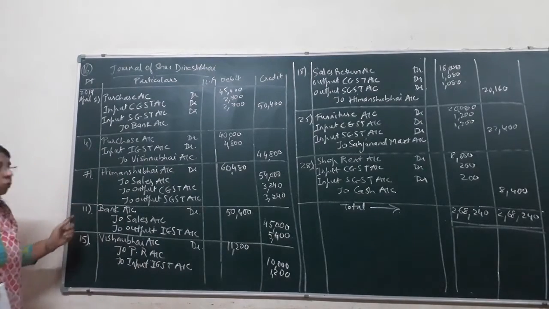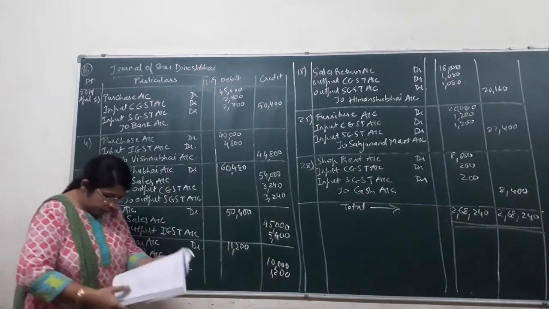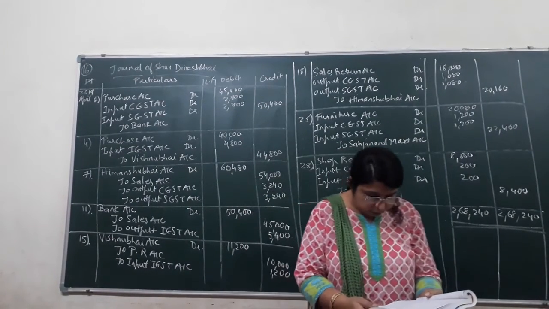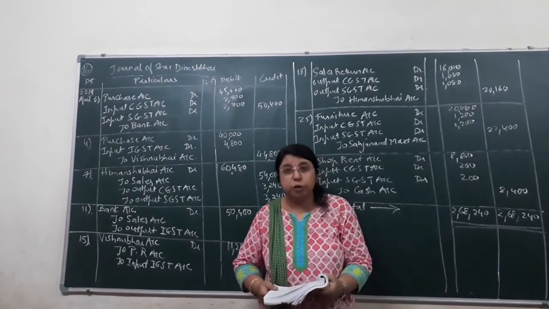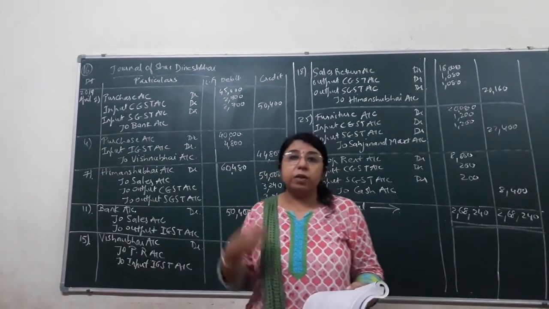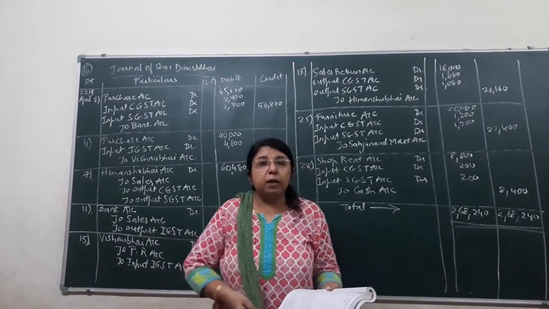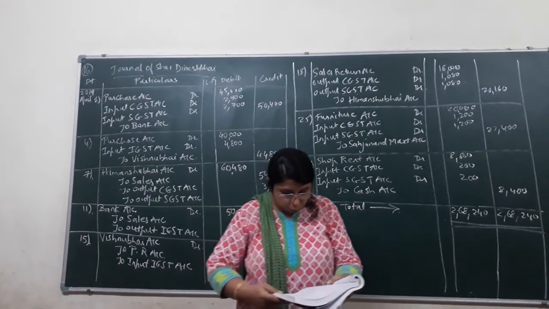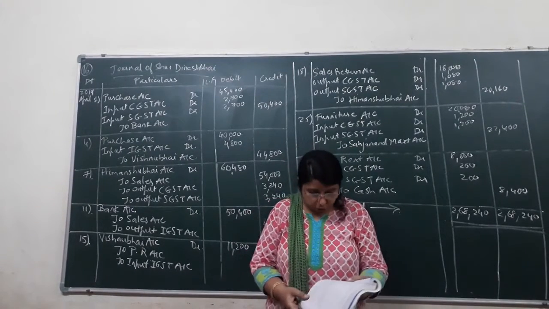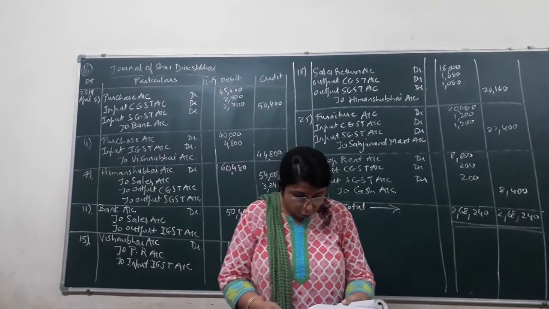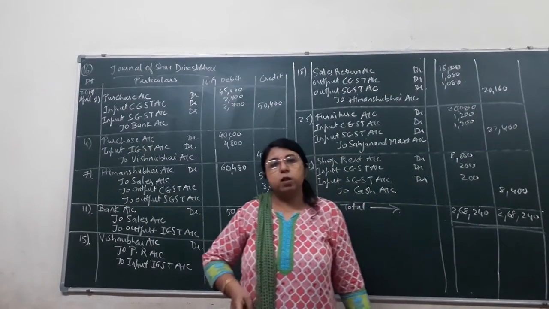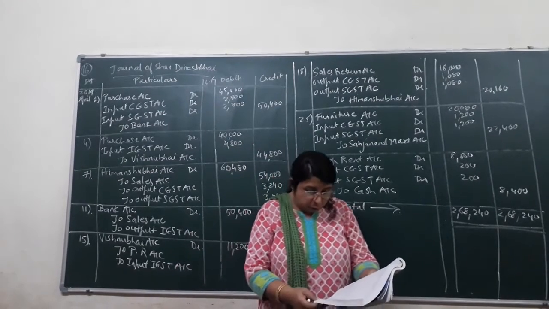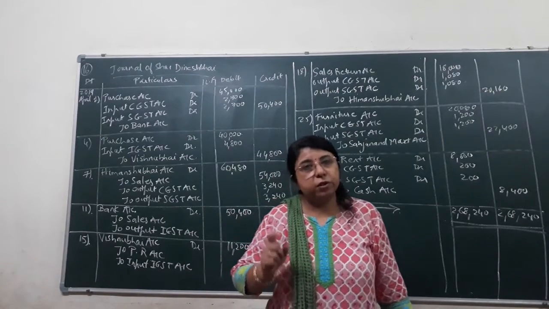Now moving on to the next transaction, that is on the 11th date. Goods of rupees 50,000 sold at 10% trade discount to Shashikant of Shimla. Now this is an interstate transaction. Goods from Gujarat are supplied to Himachal Pradesh and payment received through cheque. It means it is a cash transaction. Now how much worth of goods have we sold? That is 50,000. After 10% discount it will come to 45,000. And on 45,000 the payment is received by cheque.